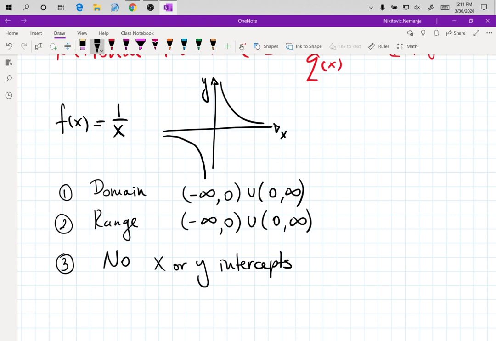Now, once we start shifting this function using what we learned in 1.6, we are going to create new graphs. So we are going to do all of these things soon. And finally,